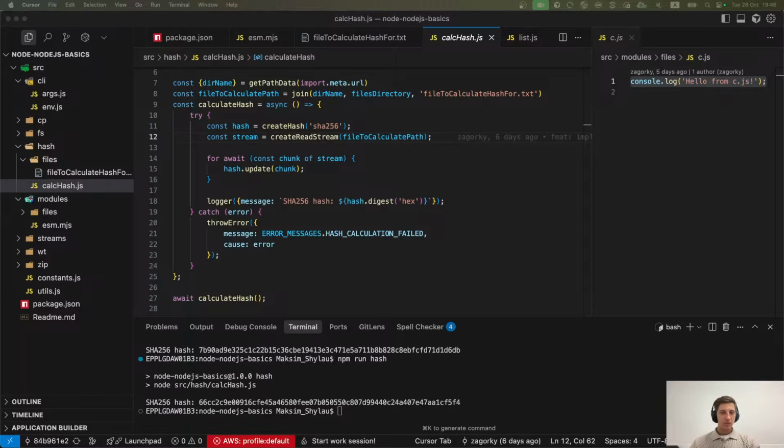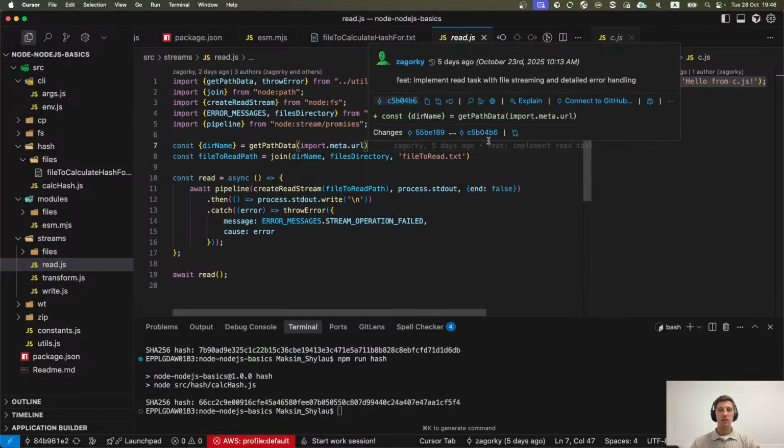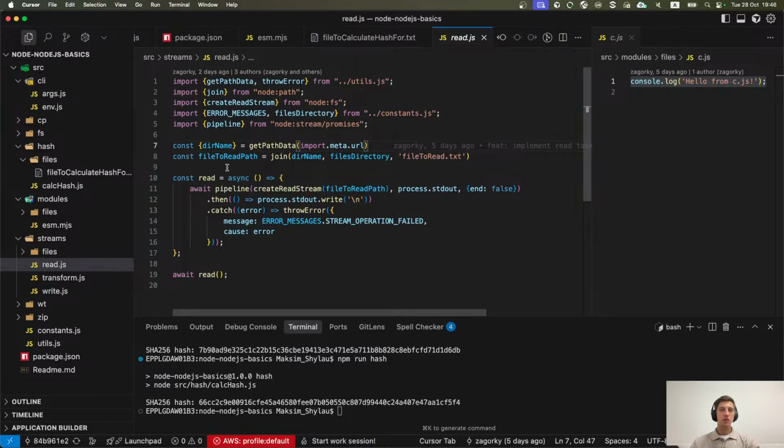Okay, you could see that we used a readable stream here. Let's take a look at the Streams API. Streams are a very important concept that allows you to not load data fully before you can work with it. It allows you to work with some data sources chunk by chunk, which is awesome.